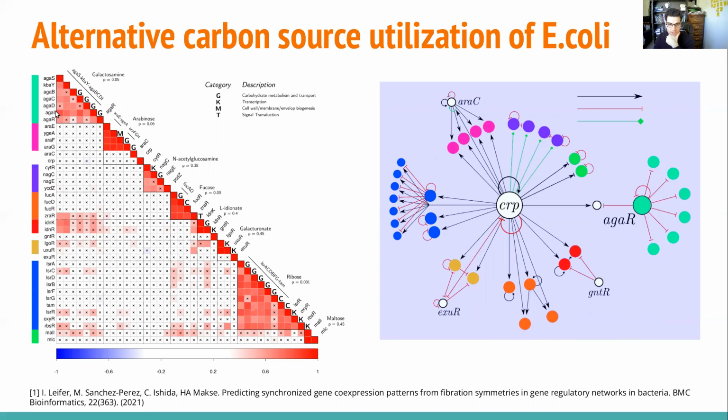So we see that genes inside fibers are highly co-expressed or highly correlated. So these nodes, for example, here correspond to this fiber. And all of them are highly correlated, and this blue one is highly correlated. You can see the bigger one. So there is a high correlation, and this is the alternative carbon source. Oh yeah, okay. And another thing that's important is that by taking this circuit,